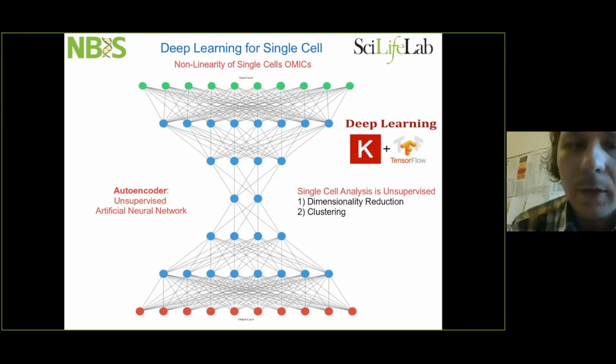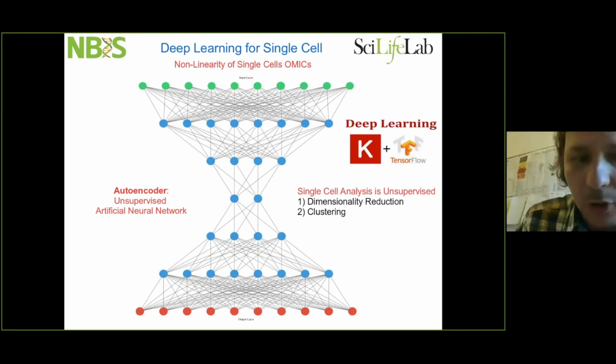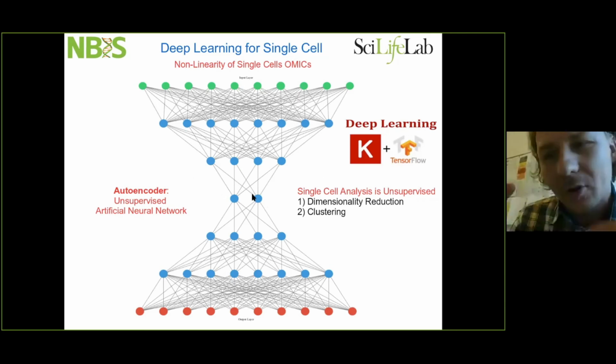We and other people use autoencoders for single cell omics. It's an unsupervised neural network which has this bottleneck in the middle. So if you reconstruct your input at the output, and manage to compress your data down to just a few dimensions, it means you learn something fundamental about your data. So you can reduce dimensions dramatically in this way. This is a very popular architecture in single cell omics.